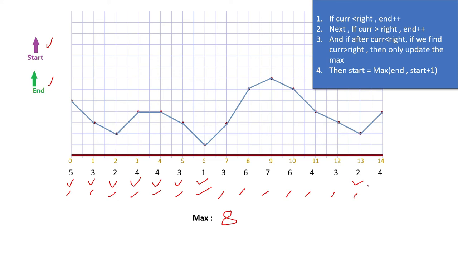Now we have to again check whether current is less than right or not. Yes, current is less than my right, so we have to move the end. But after that, we can check that on the right side nothing is there. That means this condition is not satisfying. So it is not a mountain, we got to know, so we will not update